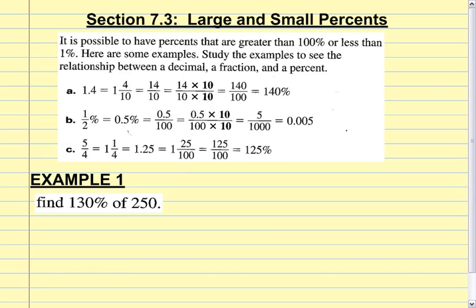Section 7.3, large and small percents. Okay? Now this says it's possible to have percents that are greater than 100. Okay? I'm trying to think of an example in real life where, let's say